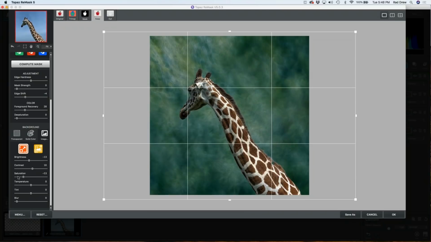One of the things I like to do is drop the saturation down to nothing, and then you have this wonderful black background, which is great for a lot of things. But let's just keep that up. And then you can also adjust the temperature of the image. And the thing that I really like too is the blur slider. If we take that blur up to 100, look at what it does to that. It just softens that background,